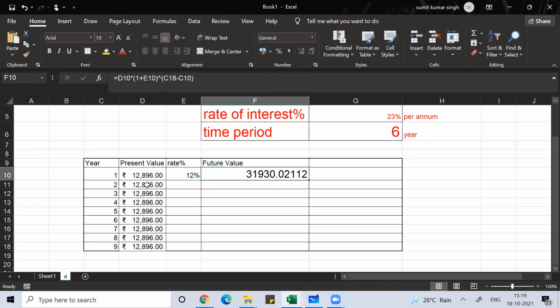Suppose it's not a bank, so don't take 12%. Let's say this is a mutual fund. If I've deposited my money in a mutual fund, and suppose the mutual fund is offering me 12% per annum, then imagine every year whatever money I'm depositing would be like an annuity.